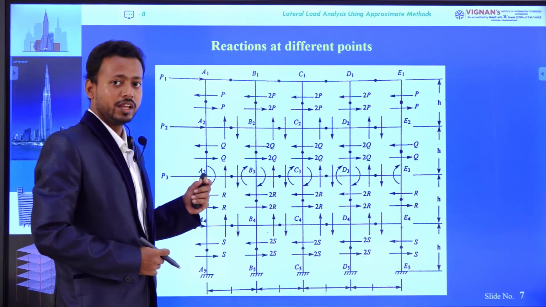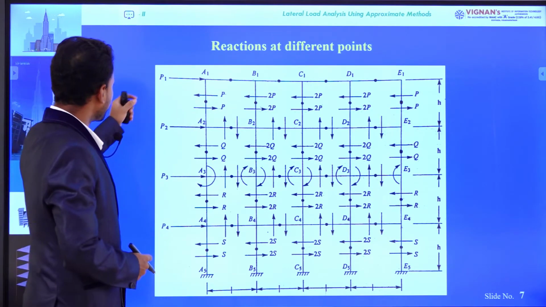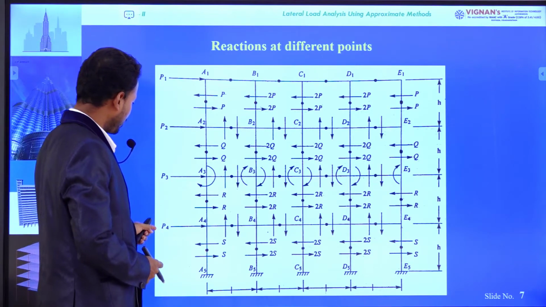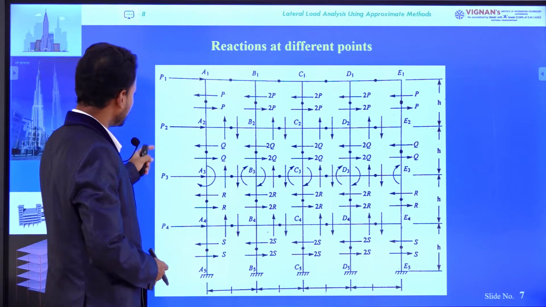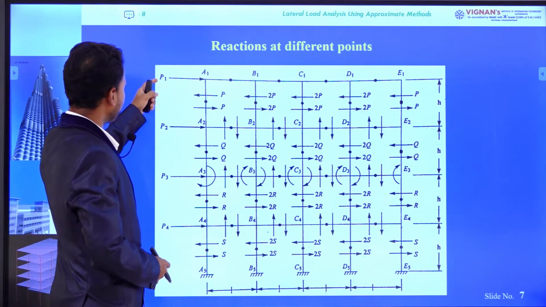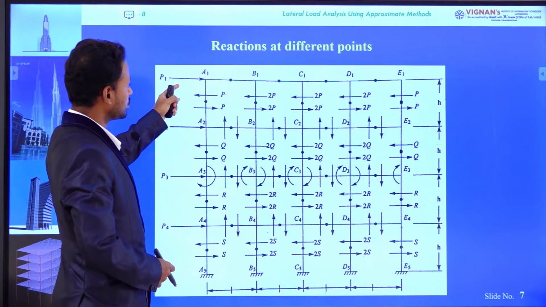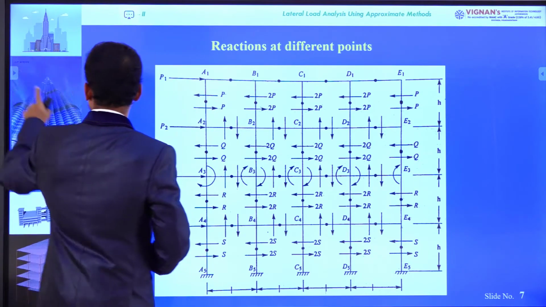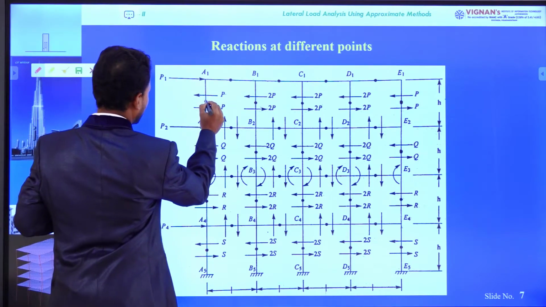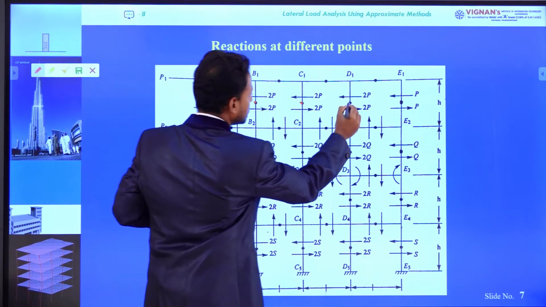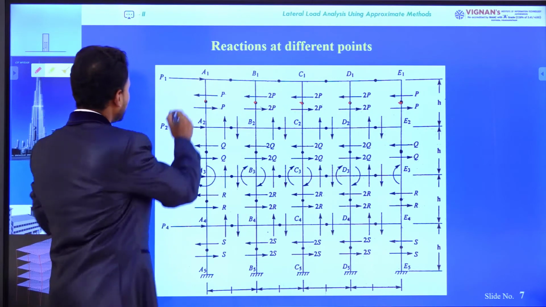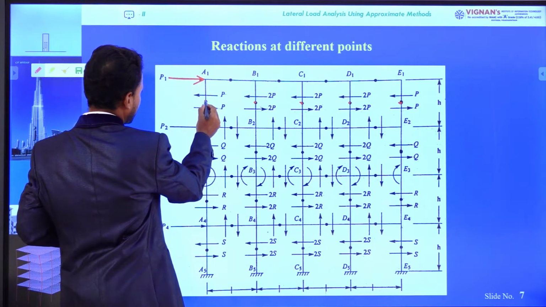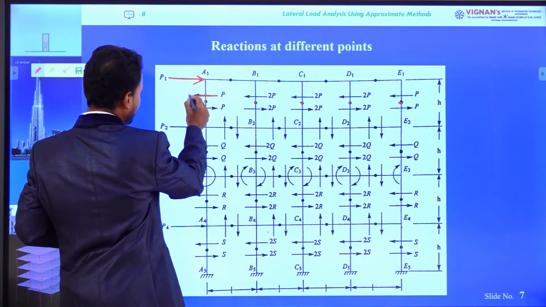This is a multi-storied building subjected to different forces at different levels. Story 1 is experiencing P4 force, story 2 is experiencing P3 force, story 3 is experiencing P2 force, and story 4 is experiencing P1 force. Due to these forces, the shear forces occur like this. This is the point of contraflexure of these columns. As the force is acting in this direction, the shear force just above the point of contraflexure will be in this direction,